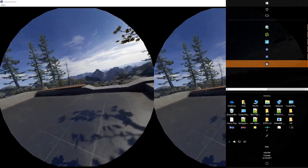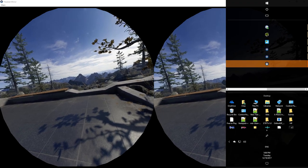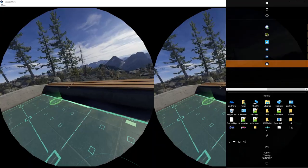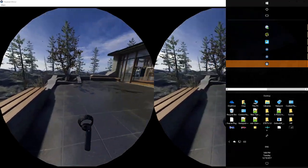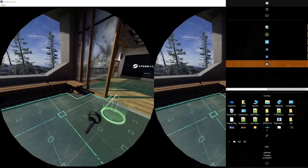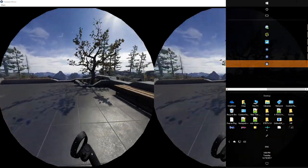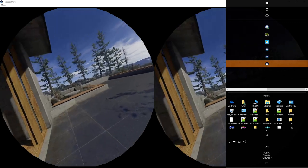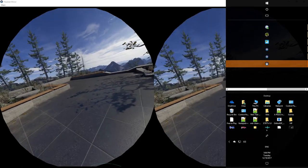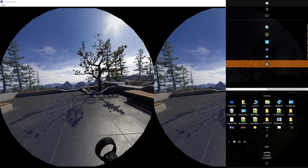But the weird thing is, I cannot use side to side. I can't use the little joy button side to side. I can do that, and I can do that, but I'm stuck looking this way. Unless I get up, because I can't turn. So anyway, if we go back here,